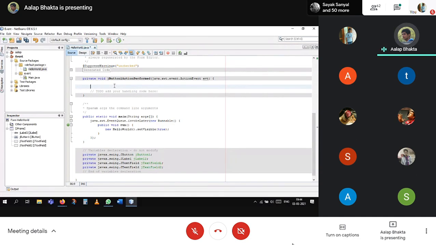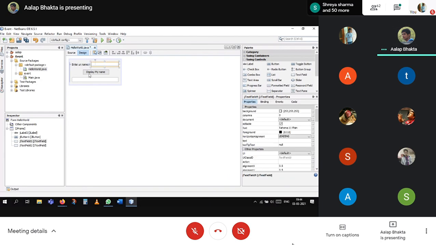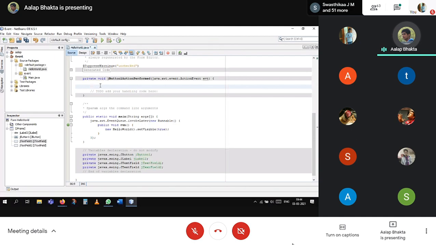So for getting the text from this text field, jTextField1 is the name of the text field, a general variable assigned by the compiler. If you want to access this text field's contents or methods, you have to write jTextField1, then a dot.